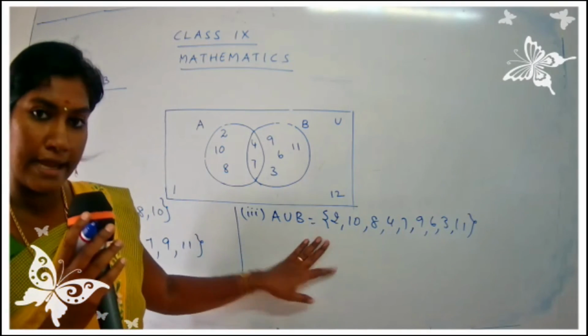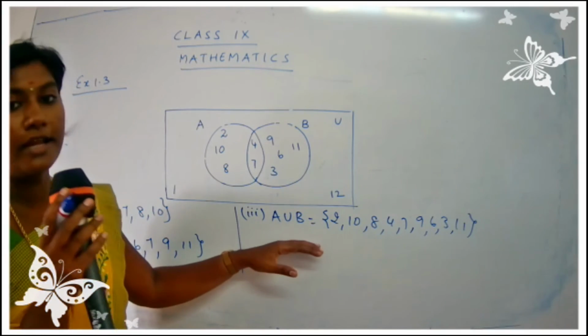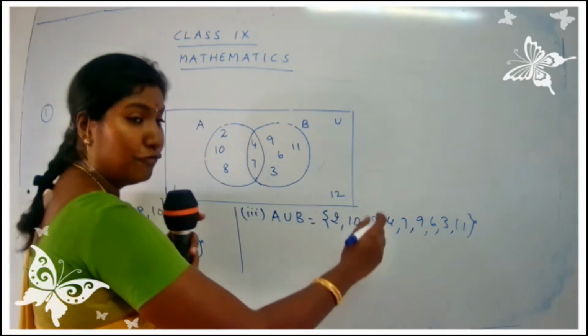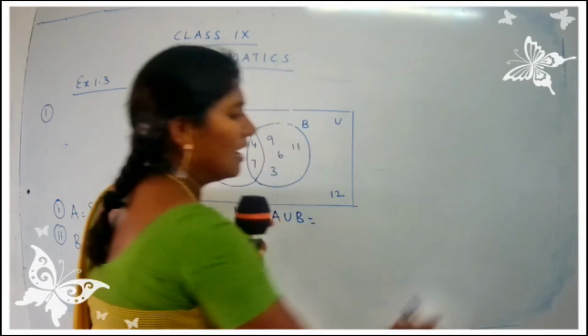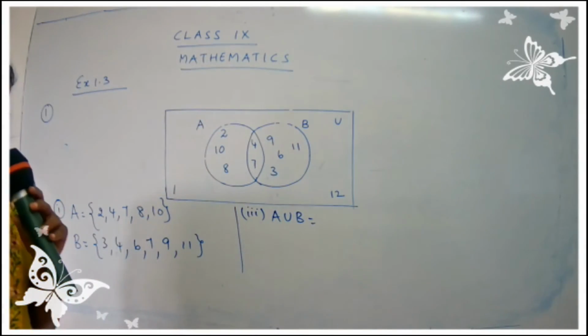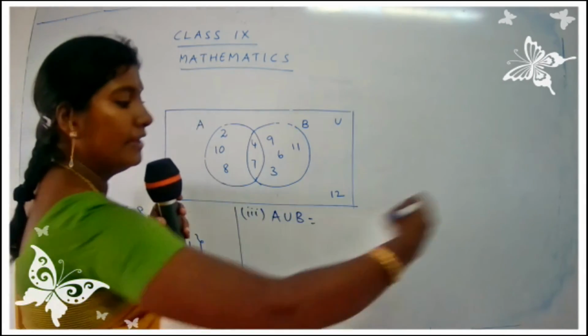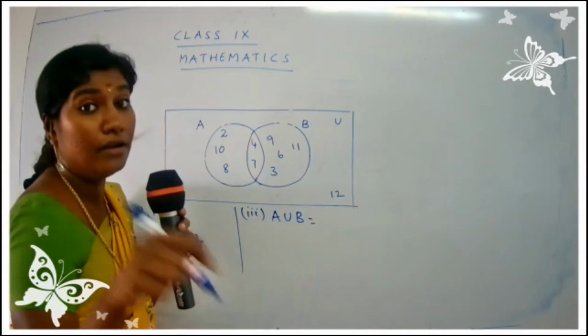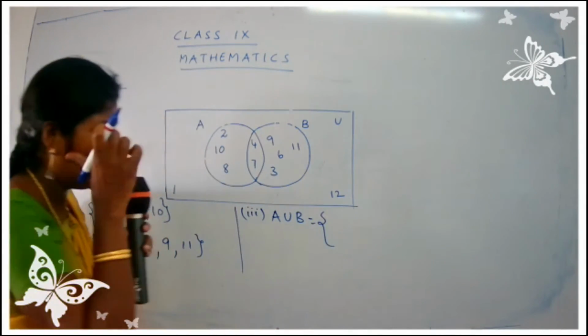So I say that this is not a wrong way, but this is not exact. You will be getting full marks for it, but always try to write the answer in a neat manner. You have to present it neatly, because if I go on writing in increasing order, you will not miss any numbers. So let's write down A union B.